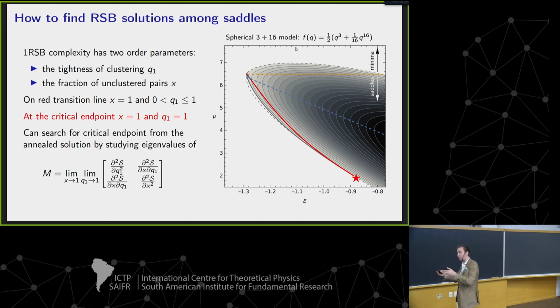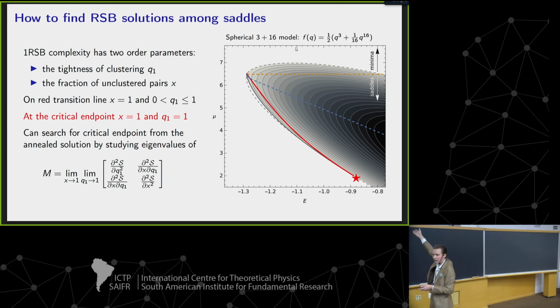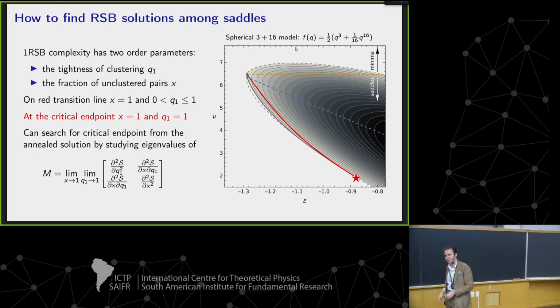To look for this transition, all we have to do is look at the stability of our effective action, which, okay, is not going to be a minimum or a maximum. Again, I told you, these are real saddle points. But still, the stability will change. An eigenvalue will flip if we go over a place where a new solution branches off. And so we can search the 0 complexity line of the annealed solution of any model for a place where the 1 RSB effective action has such a change in stability.